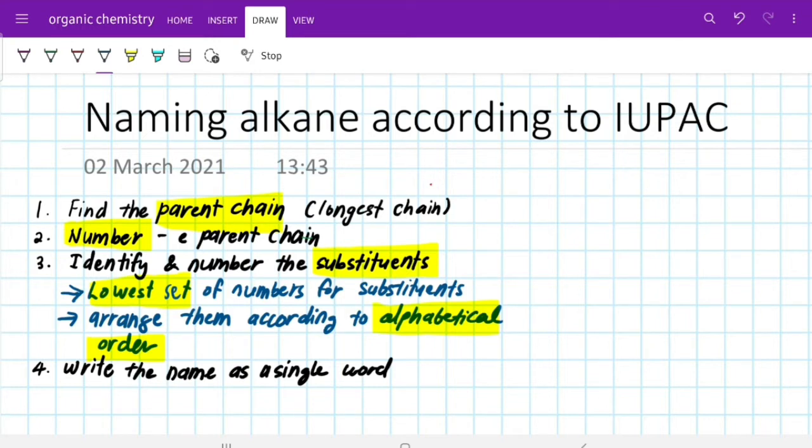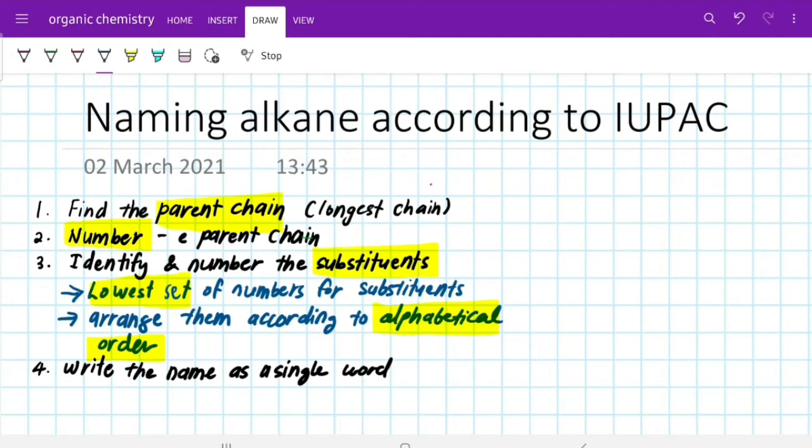In this video I'm going to show you how you can write down the names of your alkane correctly based on the IUPAC name. These are the summarized 4 steps that you need to follow whenever you try to name your alkane. Basically, this 4 steps rule is applied to any of the organic compounds that you're going to see throughout